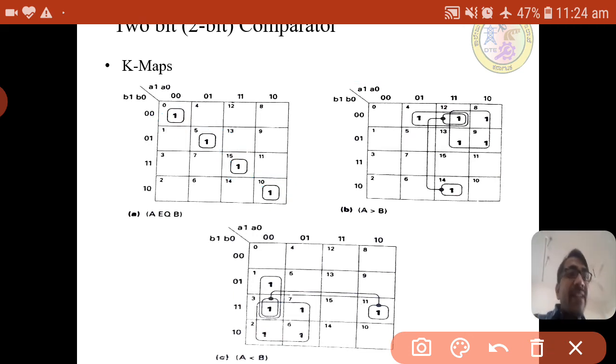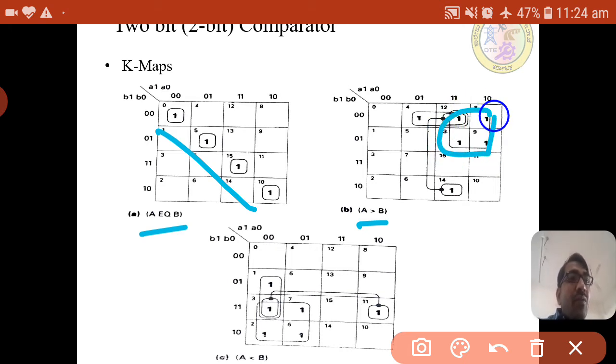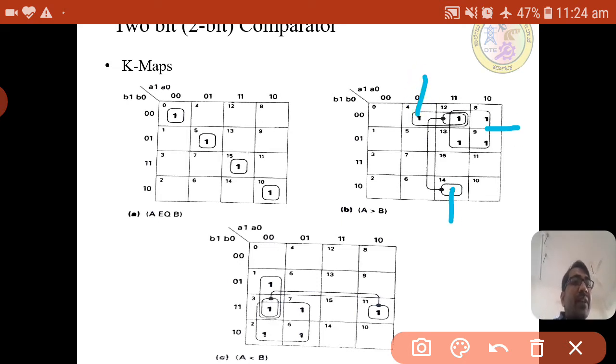As we can't group these, we can't reduce this one, the same equation will come. For A greater than B, we can group into 4 here, and we can group into 2, and we can group this one and this one. This is loop 1, loop 2 and loop 3, only 3 equations will come, instead of 6.